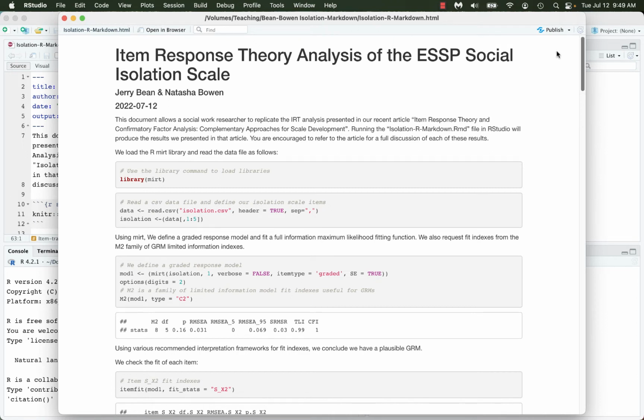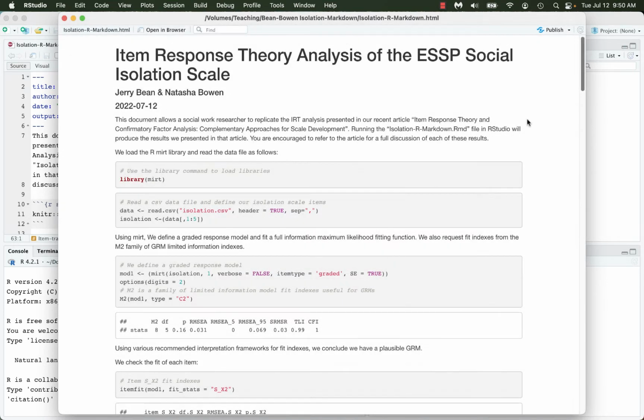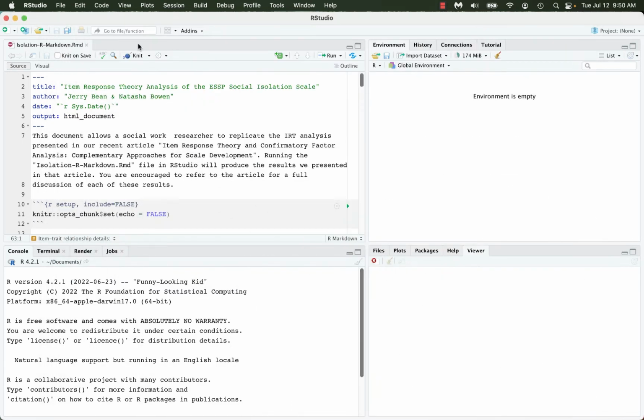So, and then what you can do is publish this if you like, and you can kind of send it off to wherever you publish. I guess I have to install some. I'll show you where it goes when we're finished here. So that's really kind of a simple view of the process, basically, and it's really pretty slick.